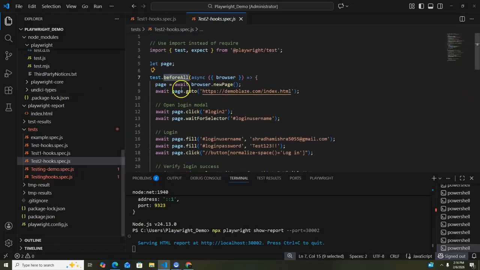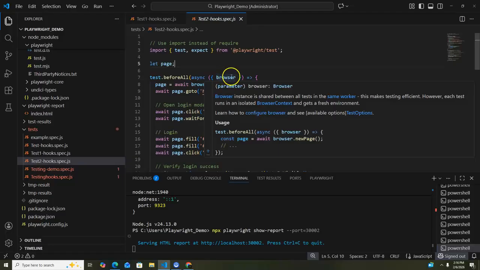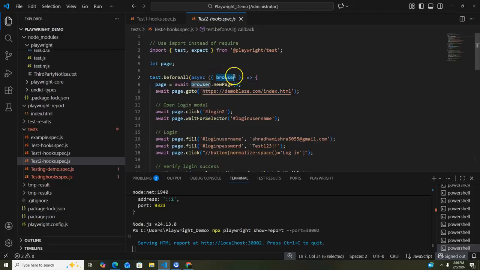You can see here the page instance, we have to globally let page specify here, and after that create it, like here line number 7, you can see the browser page fixture we are providing here. Not the page fixture, this is just the instance of page. So we will create a new page, so it will create multiple pages or open multiple pages in the browser, and after that provide the